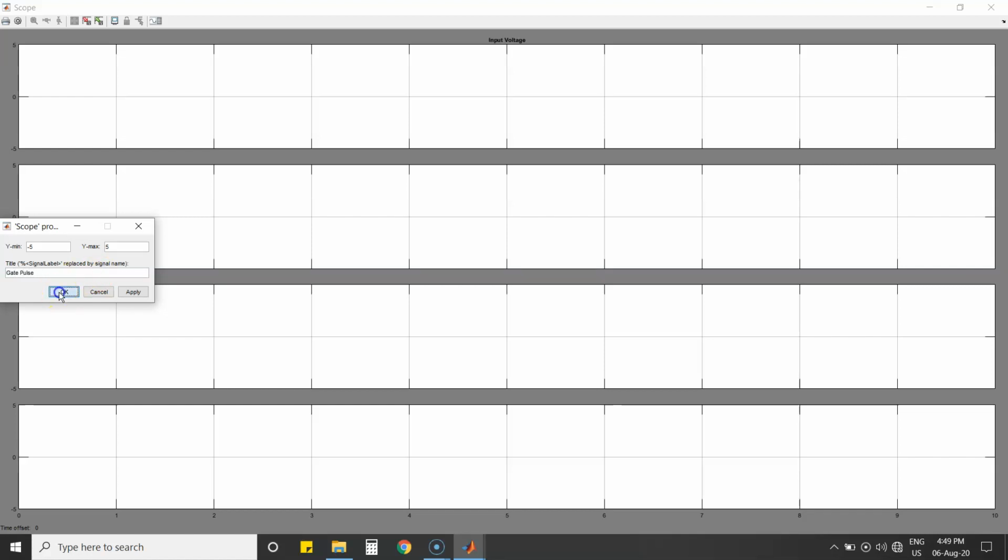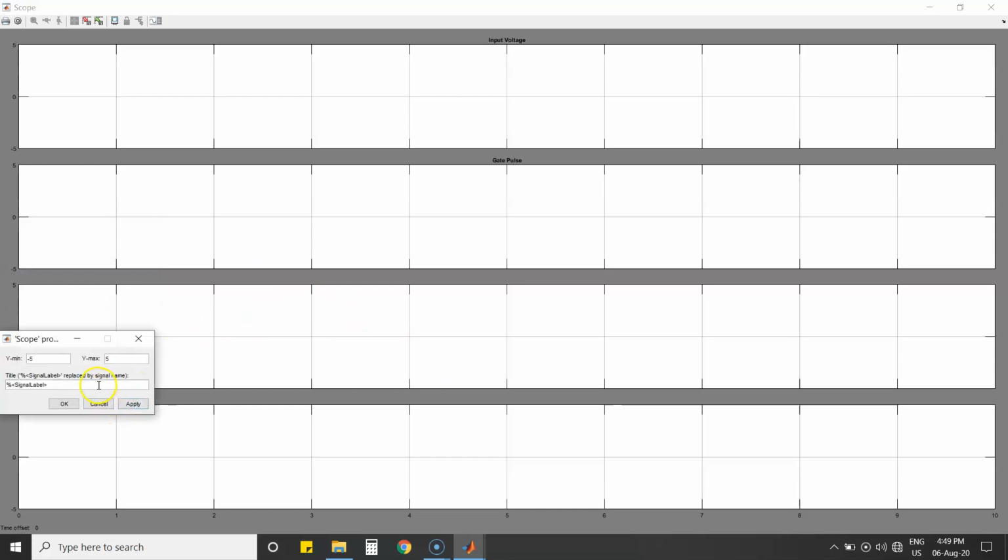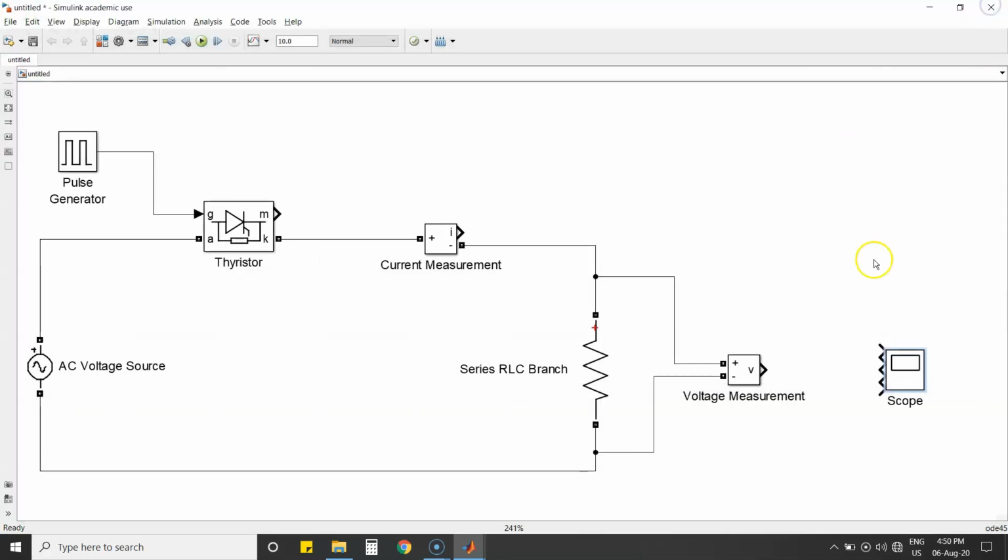Gate pulse for the second one. For the third one, it is output voltage. And finally, this is your output current. Okay, so we have configured the scope.